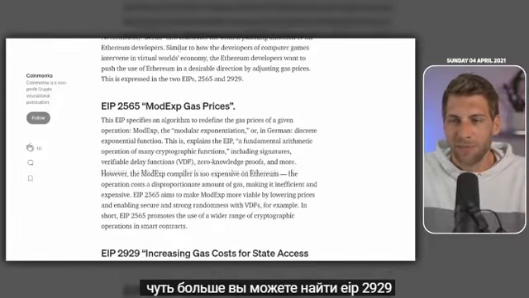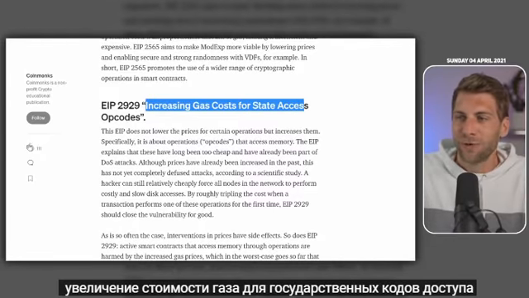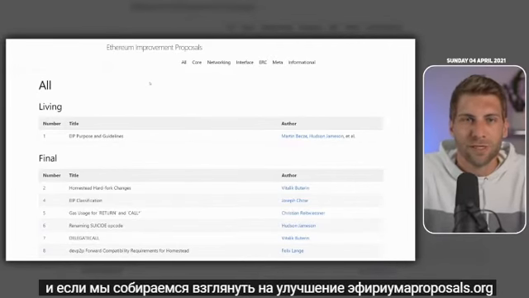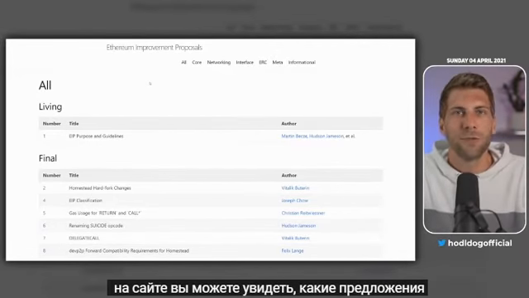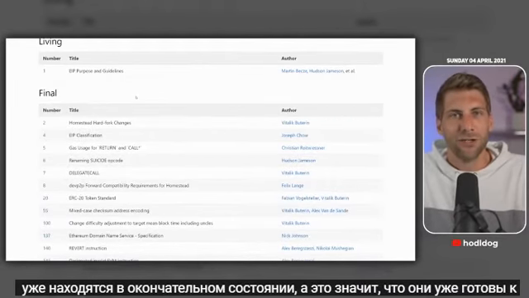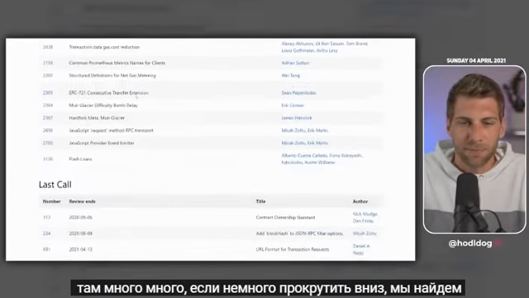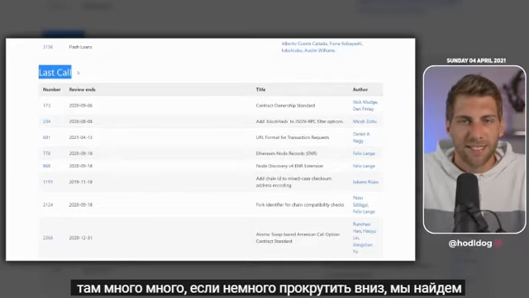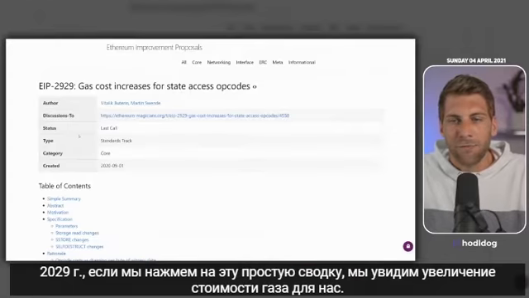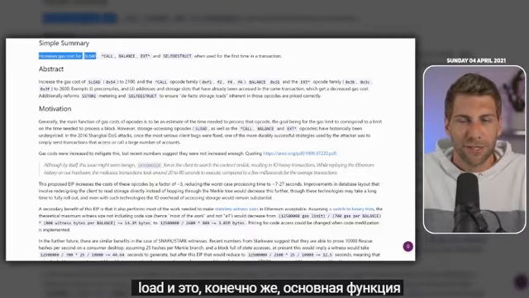If we scroll down a little bit more, you can find the EIP2929 increasing gas costs for state access opcodes. And if we gonna have a look at the ethereum improvement proposals.org website, you can see which proposals, which EIPs are already in the final state. So that means they are already ready for the Berlin upgrade. If we scroll down a little bit, and there are many there. If we scroll down a little bit, we find the section last calls, and there as well is the EIP 2929. If we click on this simple summary, we can see increases gas cost for SLOAD, and this is the